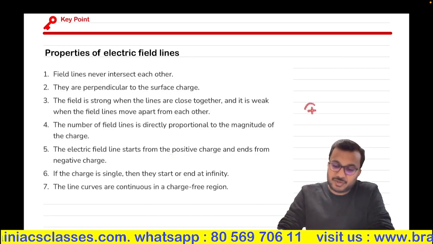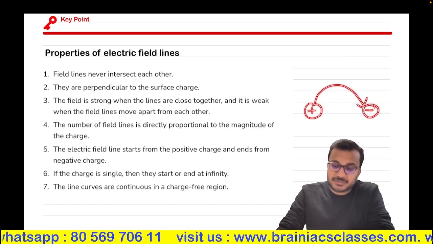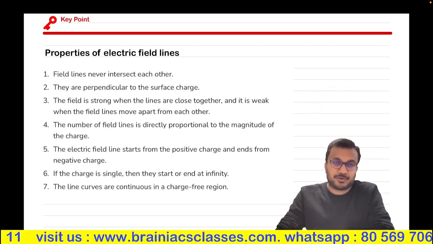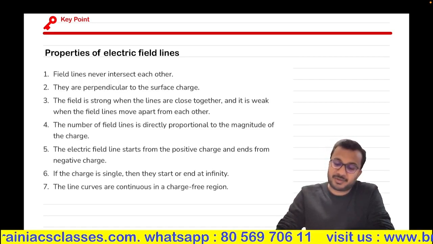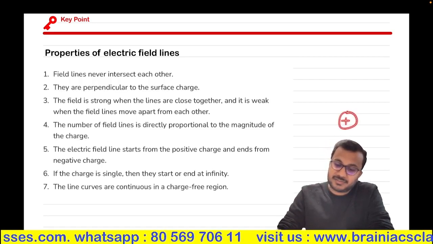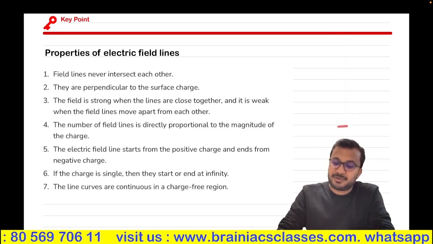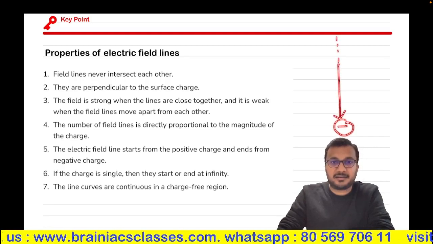You have a positive charge here, you have a negative charge here. Electric field lines start from positive and end at negative. Sixth point, if the charge is single, then they start or end at infinity. For example, if you have a positive charge, they start from here and go into infinity. The other way, if you have a negative charge, they start from infinity and end at the negative charge